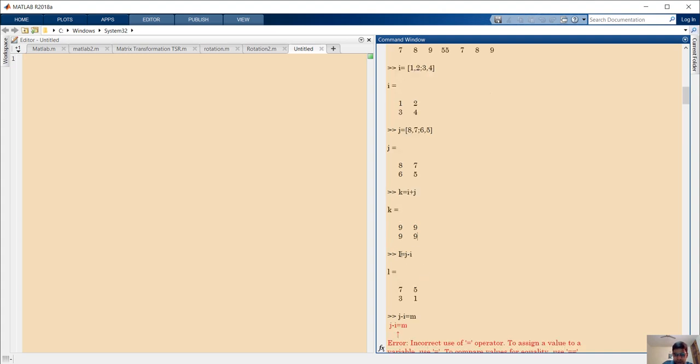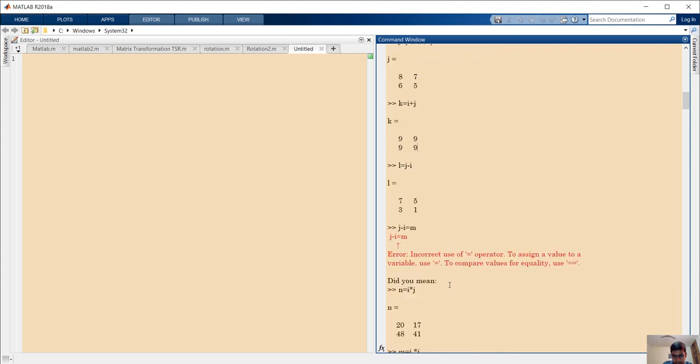So if we want to subtract, we can also do that. I have subtracted I from J, so we will get 8 minus 1 is 7, then 7 minus 2 is 5, then 6 minus 3 is 3. You get the idea. Okay, now if you want to multiply